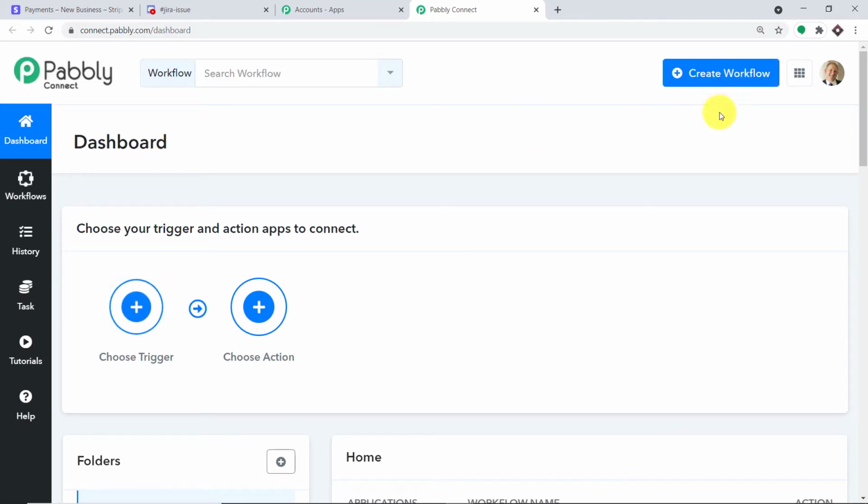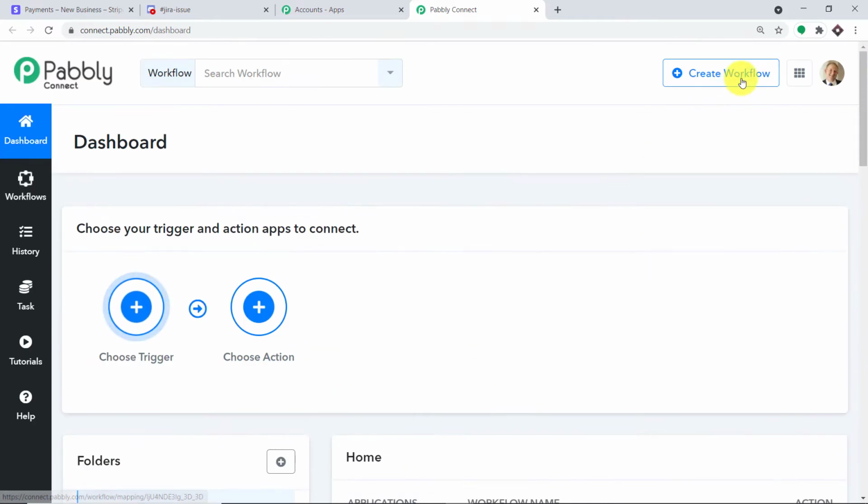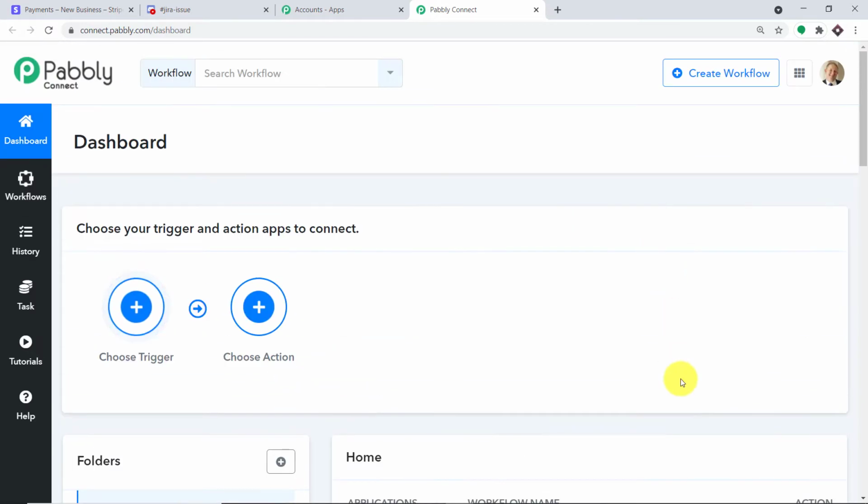Now, before I create a new workflow, there is something I have to do. So as you can see, I already have made a workflow of integrating Stripe and Discord. So let me just shut off this workflow. What I've done here is toggled this to the left so that I can switch off this workflow. If I don't switch off this workflow, the new workflow I will create will also create a problem of duplication of the result, because I will be creating one more workflow and there is this workflow. So both of them will create double results. So that is why I have switched off this old workflow. It is actually none of your concern.